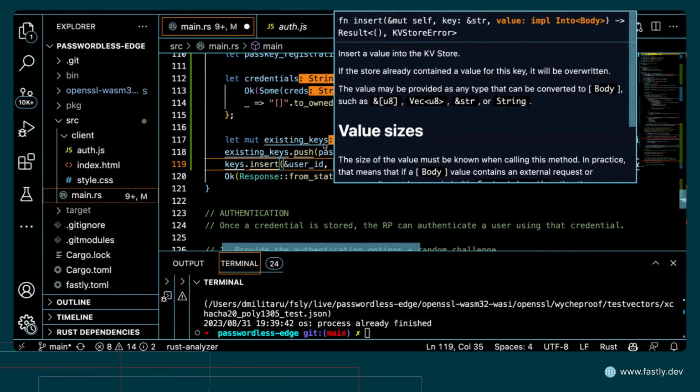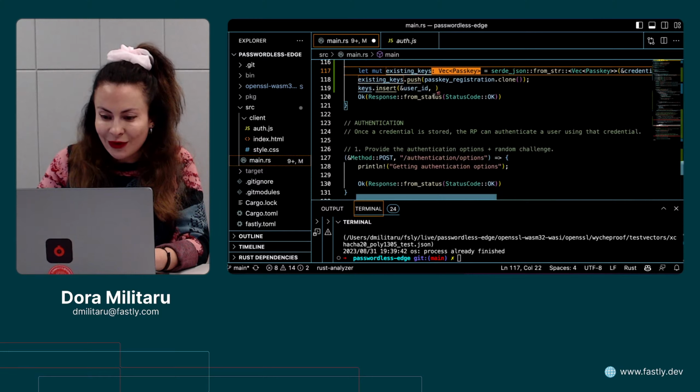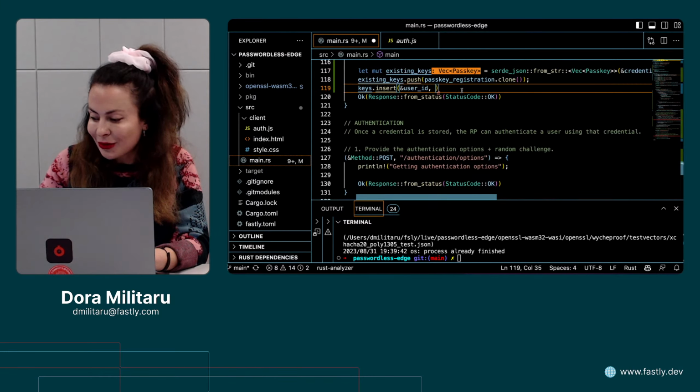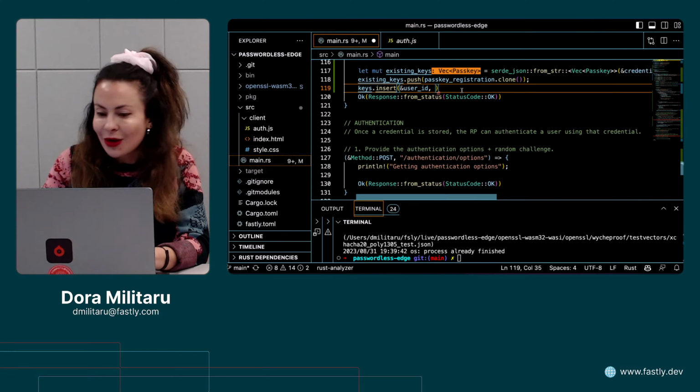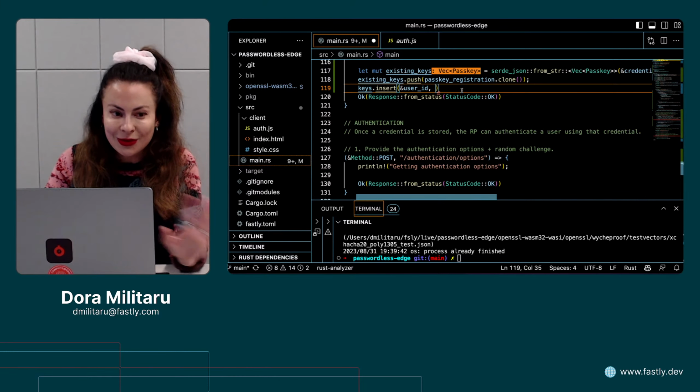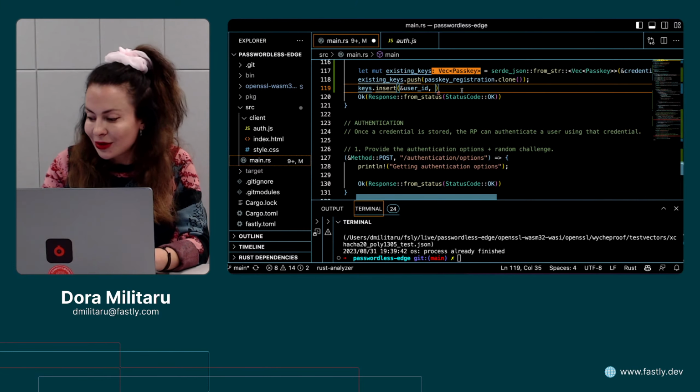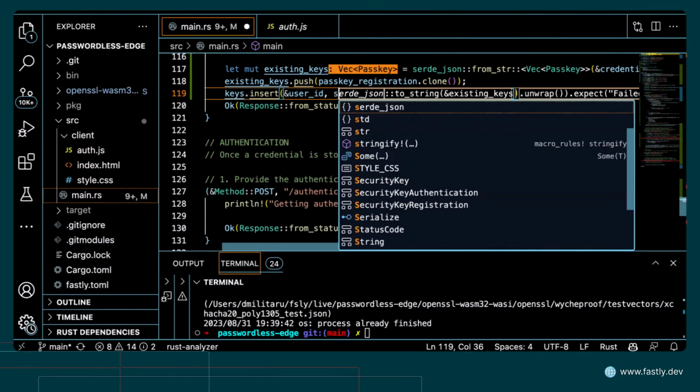I'm sorry, I got a little bit confused. So we're at the registration phase. We don't need to update any counters here. We're going to need to do that in the authentication phase. Right now, what we need to do is insert the credential we've just registered and store it in our KV store. So we're going to do keys insert